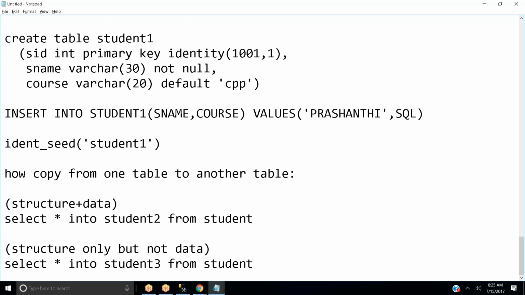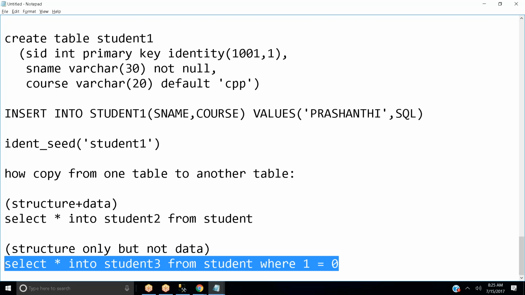Through this one, you will be creating structure plus data, but you want only the structure. So you add an additional specification: where 1 is equal to 0. Like this, you can create it.